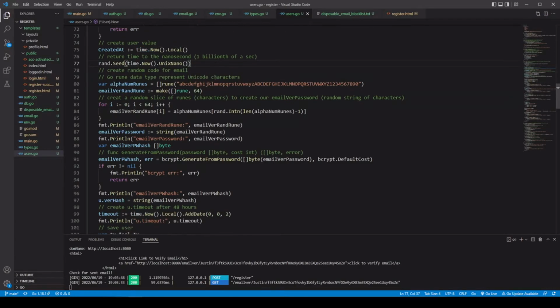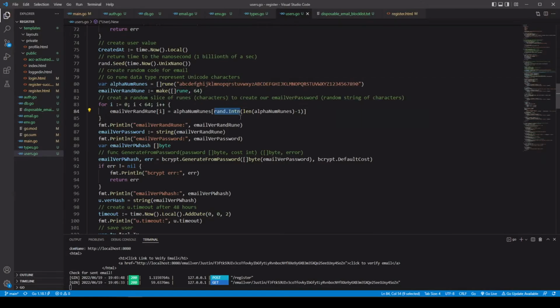And now we're going to go ahead and create our email verification password and hash. We can create this however we want. We don't have to ask the user for this, so we're going to make it pretty secure. We want to grab a whole bunch of random letters and numbers, 64 to be precise. And to make sure we get our randomness, we're going to use random.int,